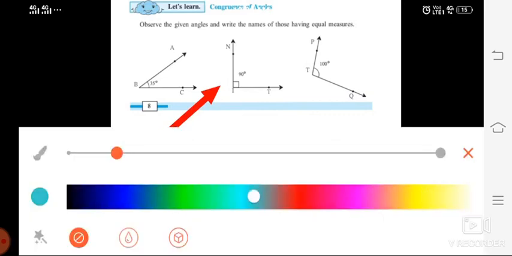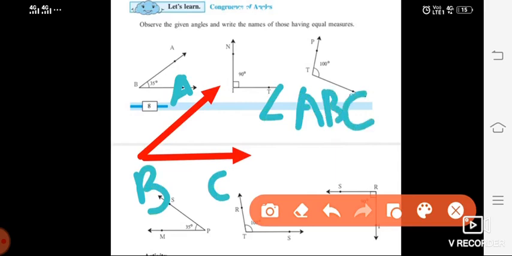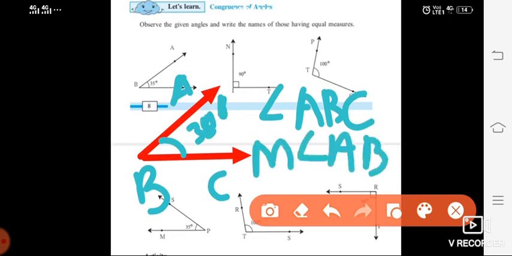Now we will label this diagram, for example A, B and C. Now we are going to say it angle ABC. Okay. So if I give a certain measure to this angle, suppose this is 30 degree. How much degree? 30 degree. Then how to read it? Then see, measure angle ABC is equal to 30 degree. Okay, so this is the way we are going to write its name and also the name with its measure.